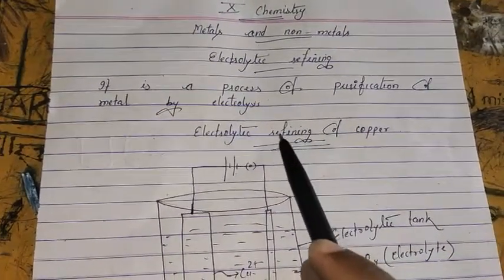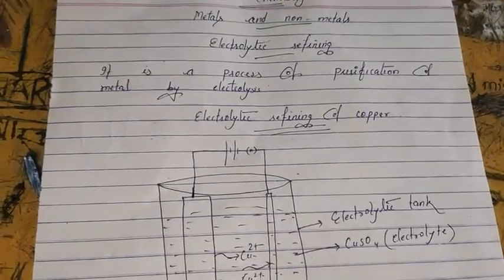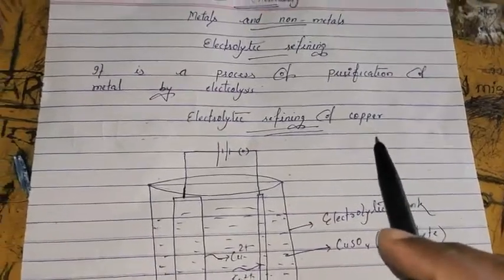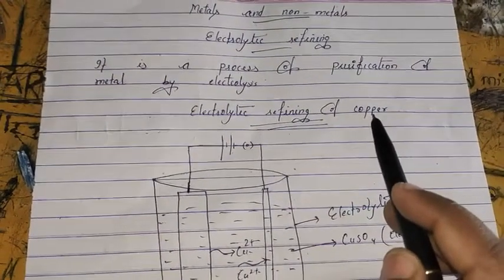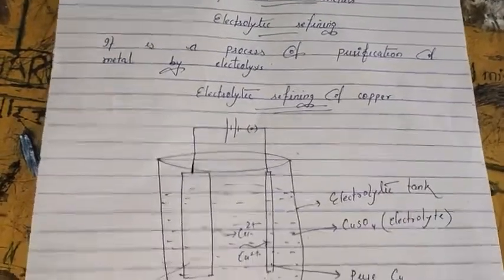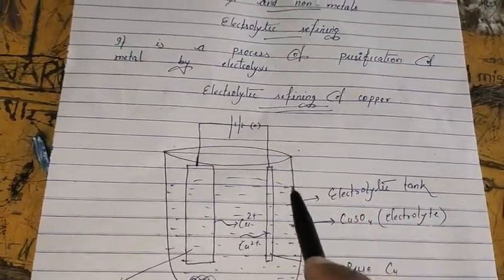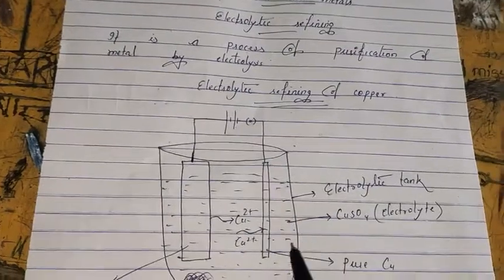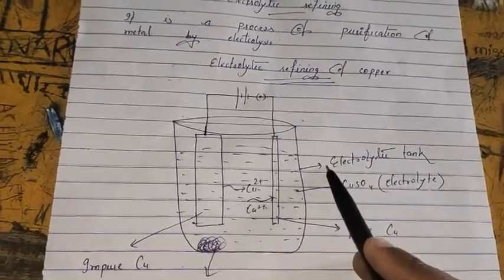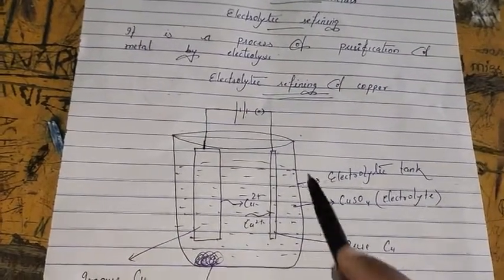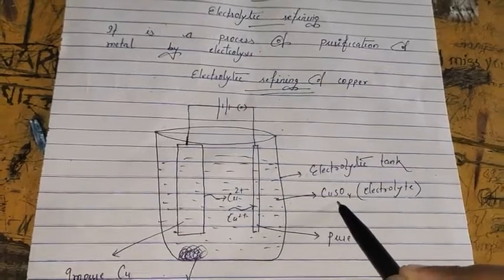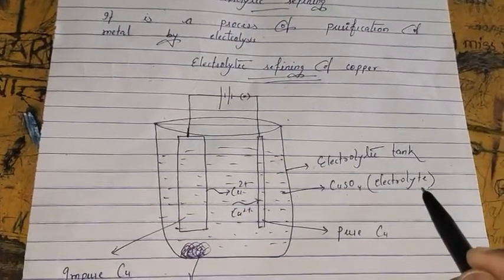Now, to understand this concept, we are going to take a topic, electrolytic refining of copper. Suppose we want to have pure copper from the impure sample of copper. For this, one electrolytic tank is to be taken. This is the electrolytic tank in which we have poured some amount of copper sulfate which acts as an electrolyte,